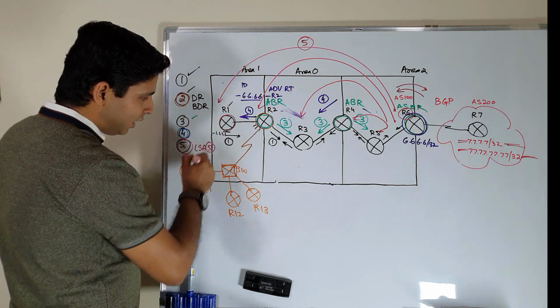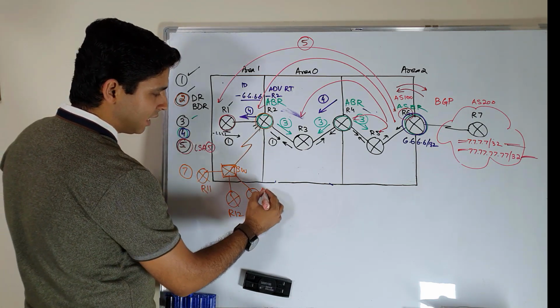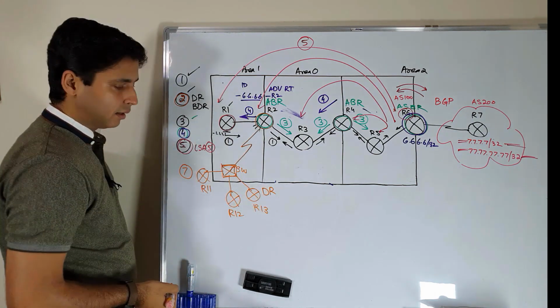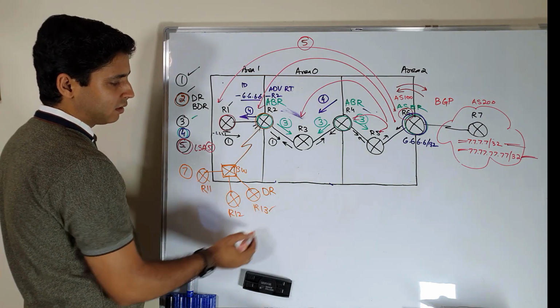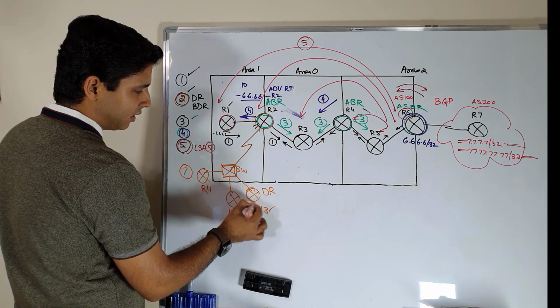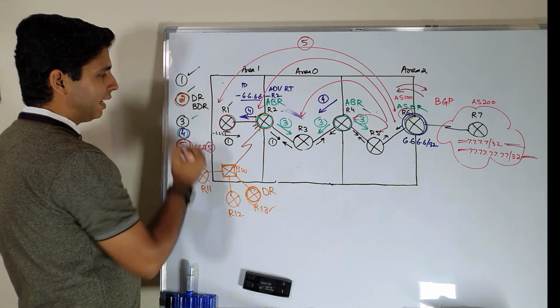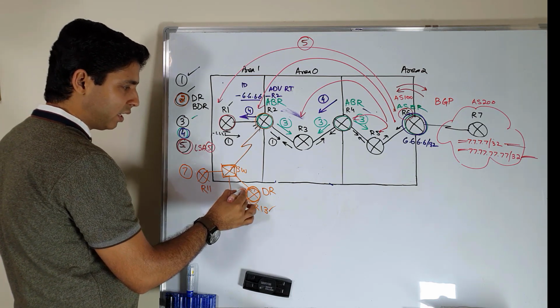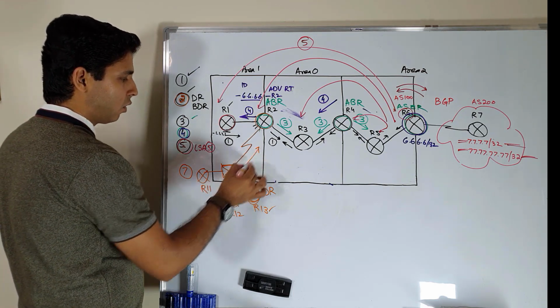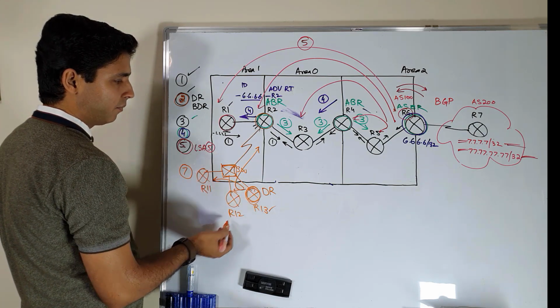Then on this type of network, you know that we have to select a router as DR. We have seen already in the previous lectures that the router with the highest router ID or manually configured ID will become the DR. Let's say this is our DR. So this special type of LSA type 2 is generated by the DR towards all other routers. So it will also come through the switch.